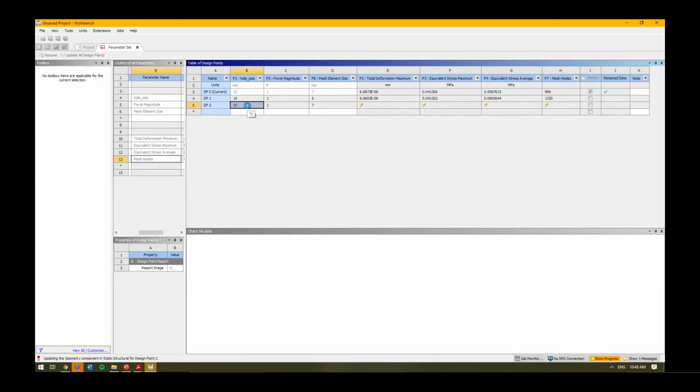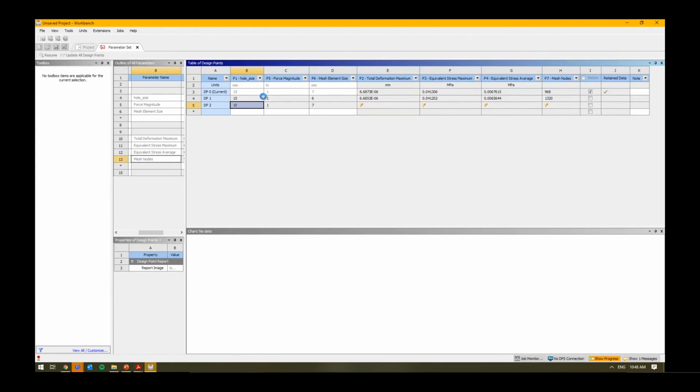It'll make some changes to the hole size. Instead of 15, it'll make it a 10 mil hole. And it'll then go through again, make some changes, run the actual analysis, and it'll give me that information as well. So you've noticed I haven't ticked the retain button. So all it's doing is creating it, giving me the results, and then getting rid of the files. If I want to inspect the files afterwards, I'll need to retain a specific value here, and we can set it as current and actually have a look at the actual components, right? So that's how you can